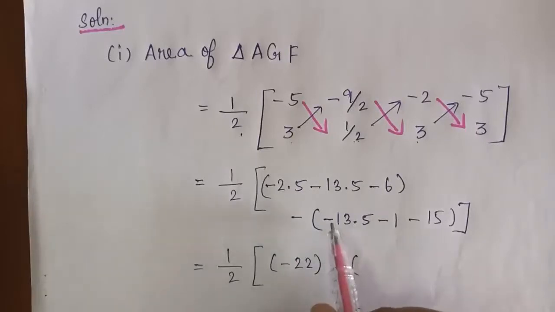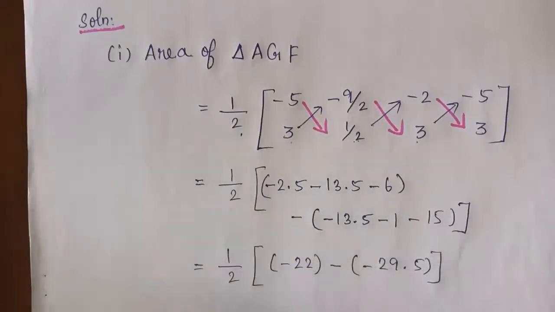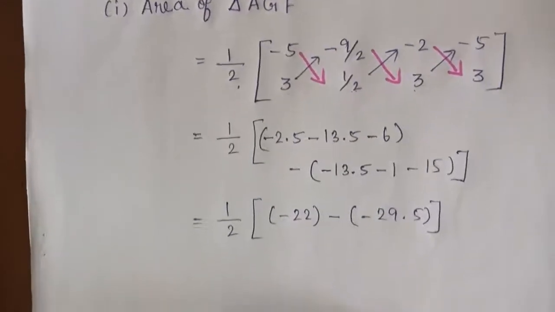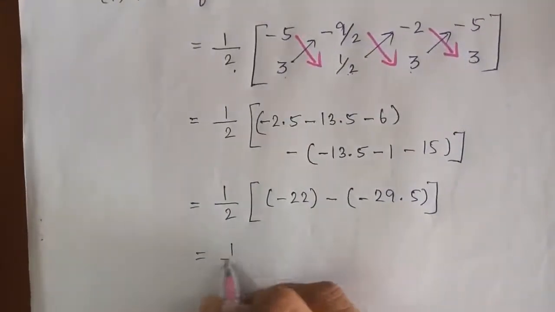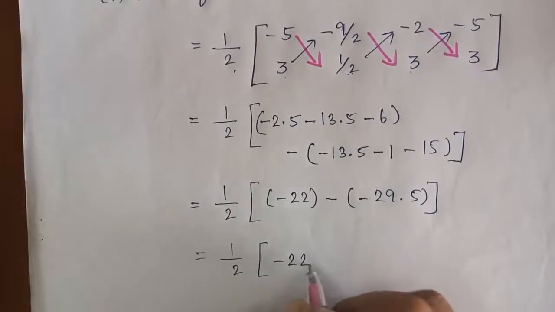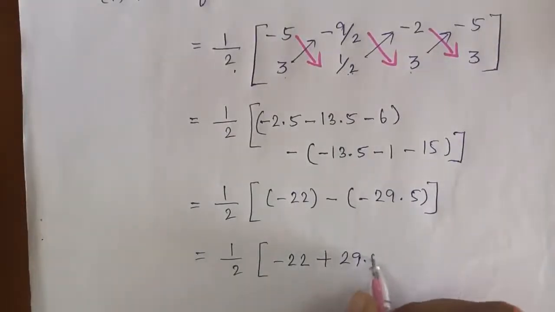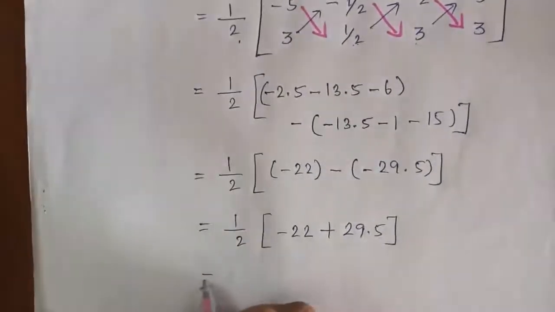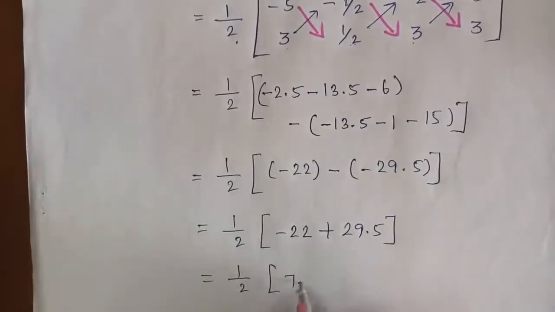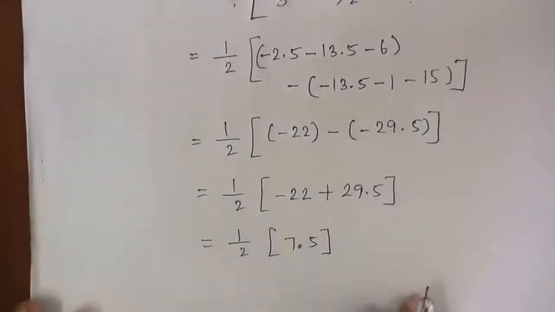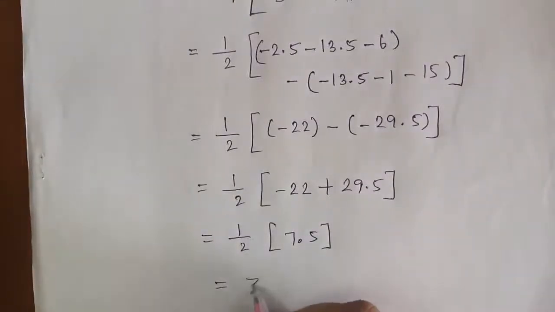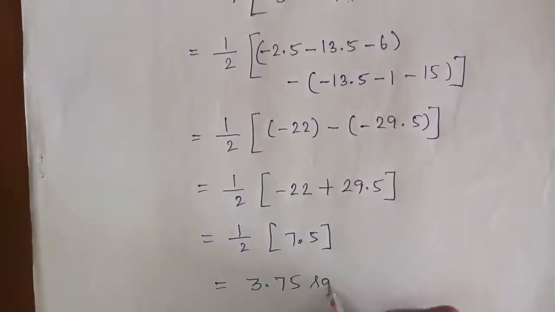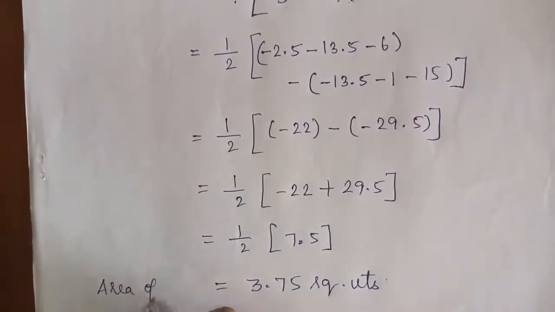Minus of minus 13.5 minus 1 minus 15 is minus 29.5, which is equal to 1 by 2 into minus 22 minus into minus, plus 29.5, which is equal to 1 by 2 into 7.5. So 1 by 2 into 7.5 is nothing but 3.75 square units. This is your area of a triangle